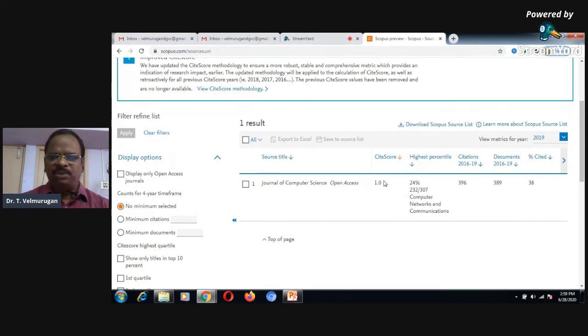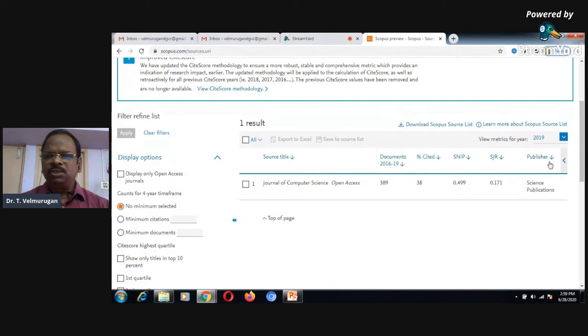The number of papers cited by other people which are published in the Journal of Computer Science is A. The total number of papers published in the journal is B. Therefore, the CiteScore is equal to A by B. This is the point. If I want to explain, this will take 1 hour. So it's not possible. Very simple.